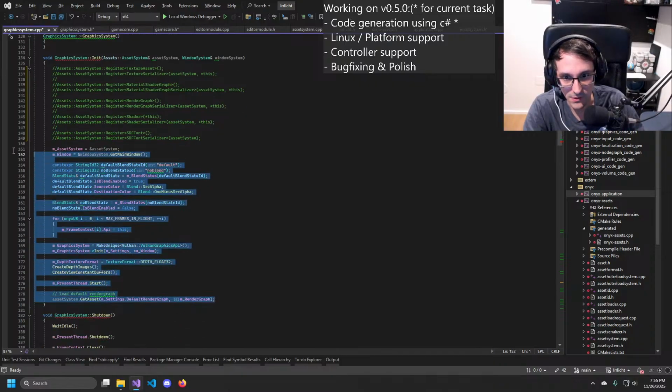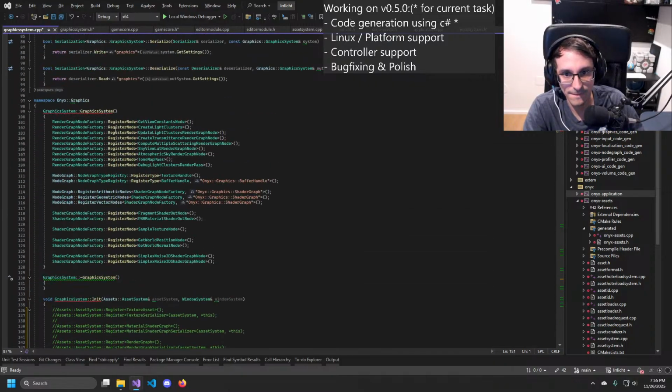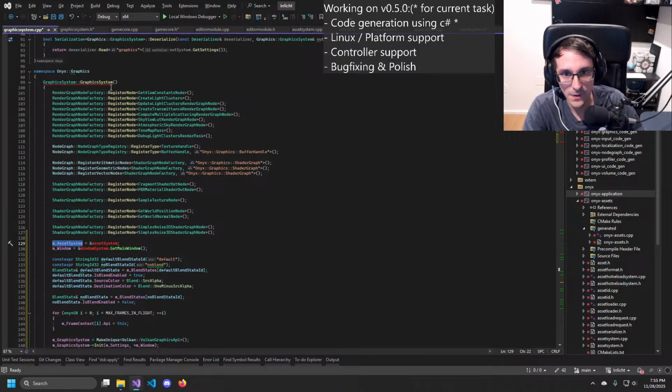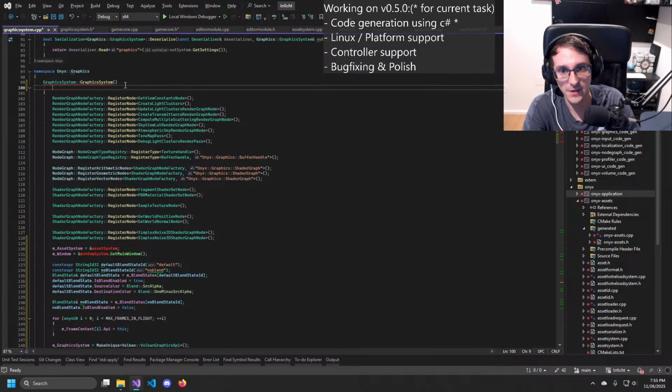Oh, but we need the asset system, okay. Then we can do stuff like that already, which is as well nicer.